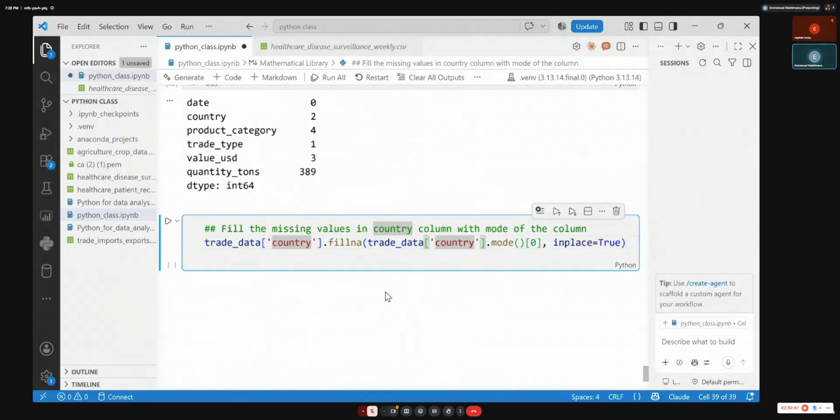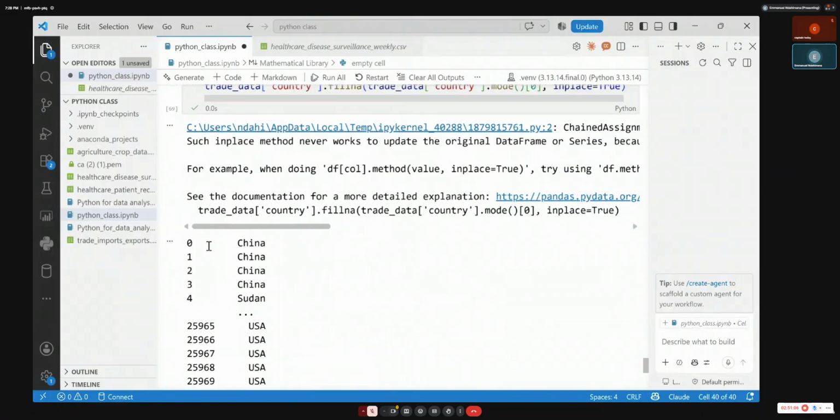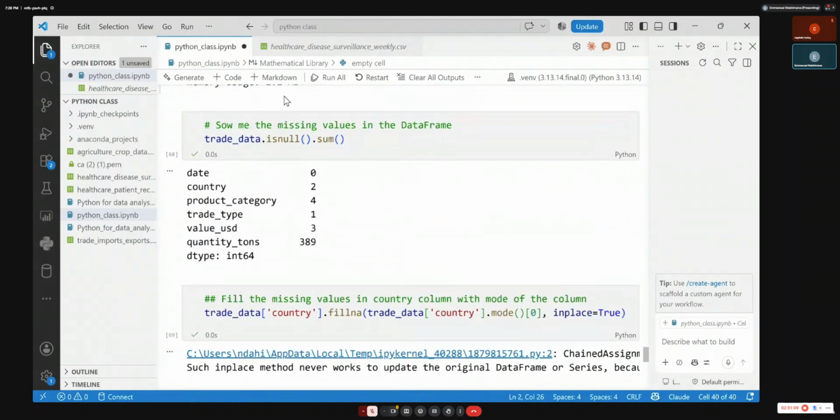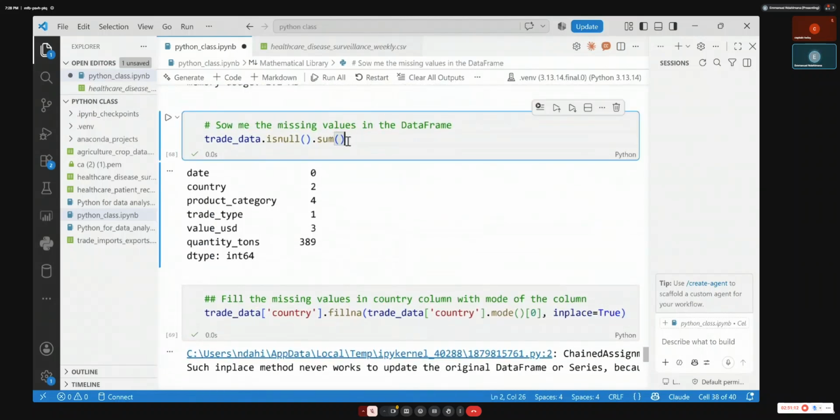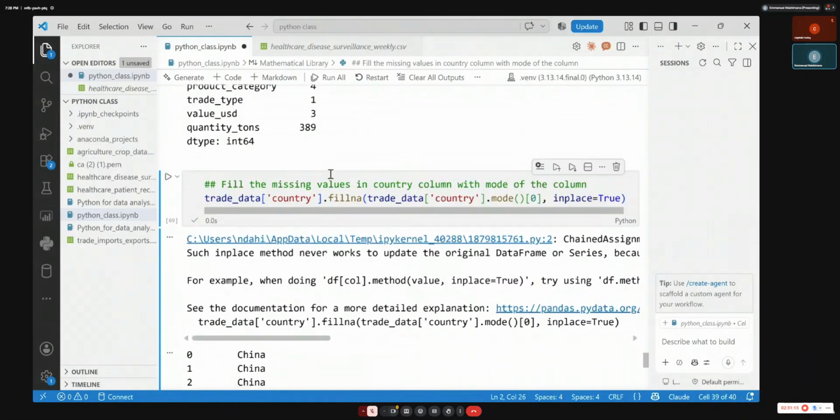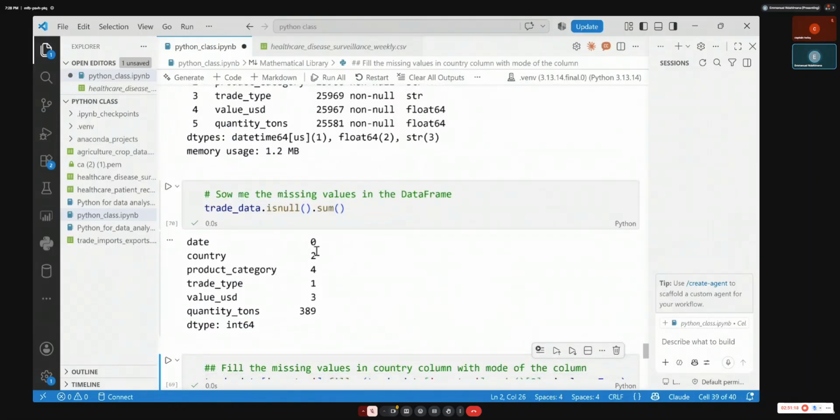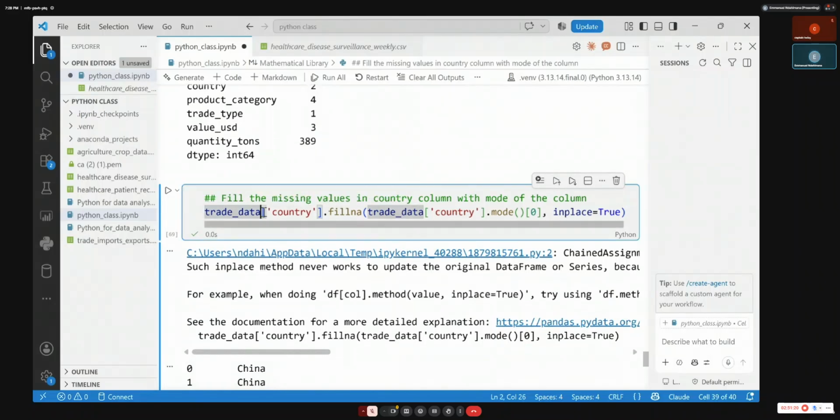It means sometimes, unless you do it on the whole data set, it doesn't give us that form. So for us to make sure that this is working, let me do it like this and also see. After running that code, if it worked, here, if I do this code, I should be able to see zeros, but now the country is not cleaned. So to make sure that this works perfectly, you need to use, sorry.